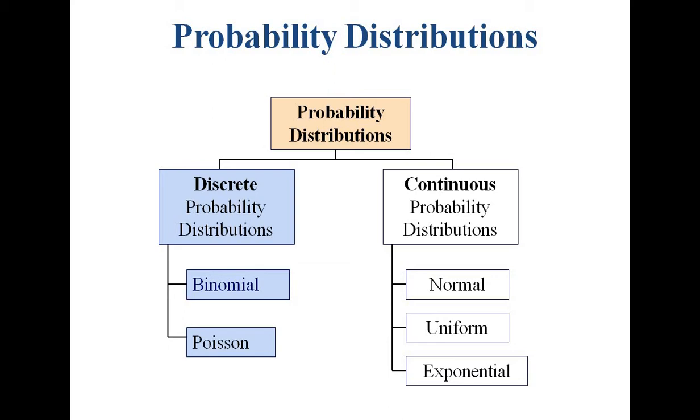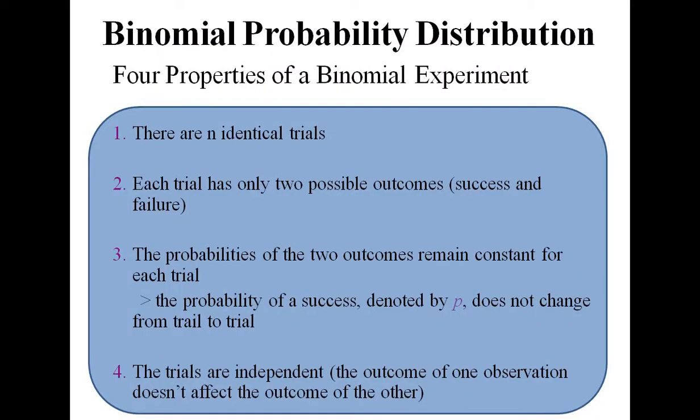Probability distributions. So we'll have discrete and continuous probability distributions. For today's class, we will discuss the binomial and Poisson, starting with the binomial probability distribution. We have four properties: there are n identical trials, and each trial has two possible outcomes,